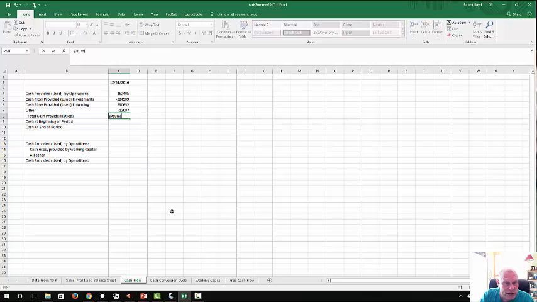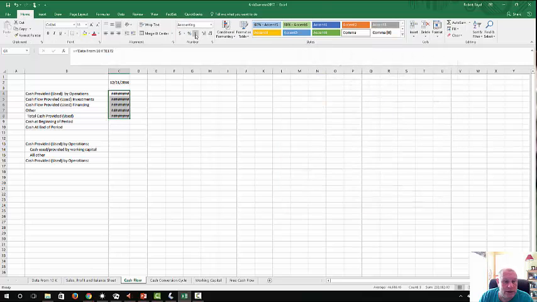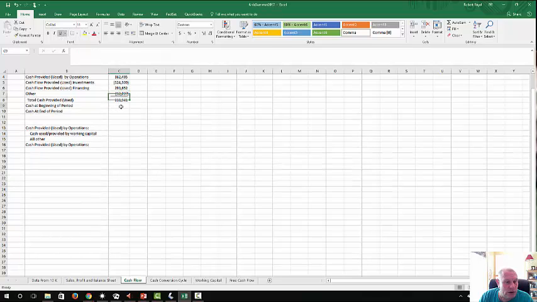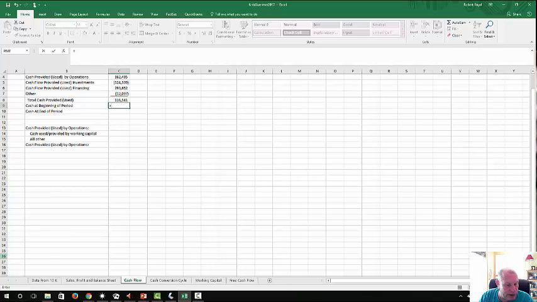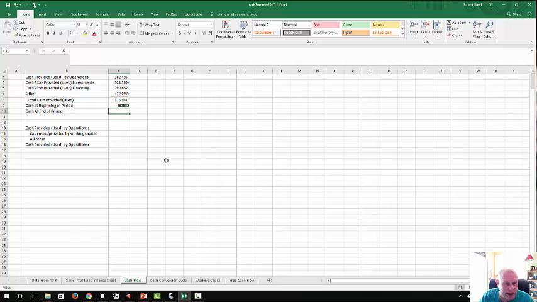Okay, now let's sum these. And of course, let's format them, because sometimes formatting them is a good way of doing that. And you want to put a little lines here so that we know what we're summing. Okay, so now our check is, let's take the cash at the beginning of the period, and we can get that right from the beginning of the year, which equals our balance sheet. So we bring that over, plus, and this, if we check, again, some formatting here,